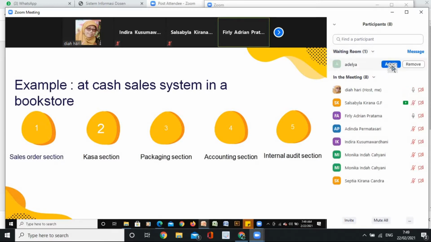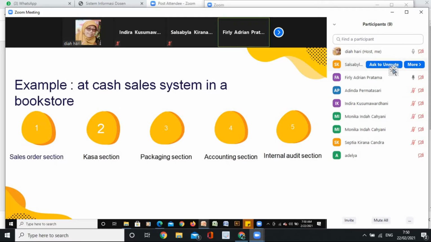The sales order procedure consists of clerical activities like writing data, duplicating the sales invoice, calculating the multiplication of the unit price by quantity, and coding the invoice. In the cashier section, there are clerical processes like writing data about the amount of money, counting the amount of money, and comparing the data. In the packaging section, there are clerical activities like writing data about submission and comparing the items in the invoice,